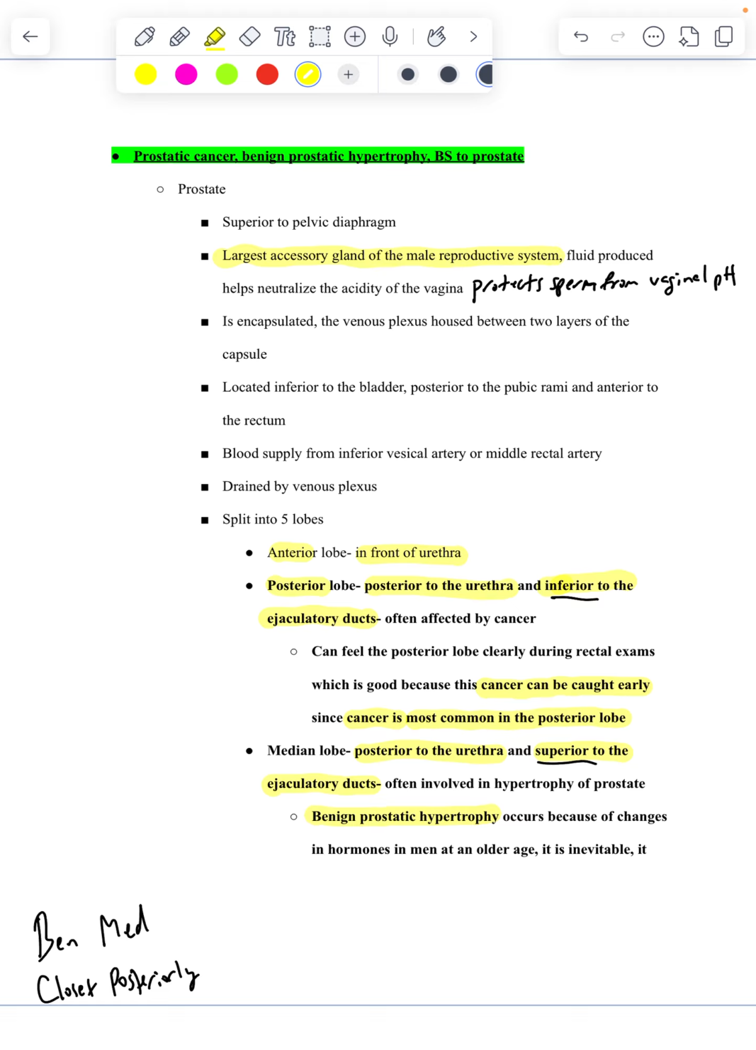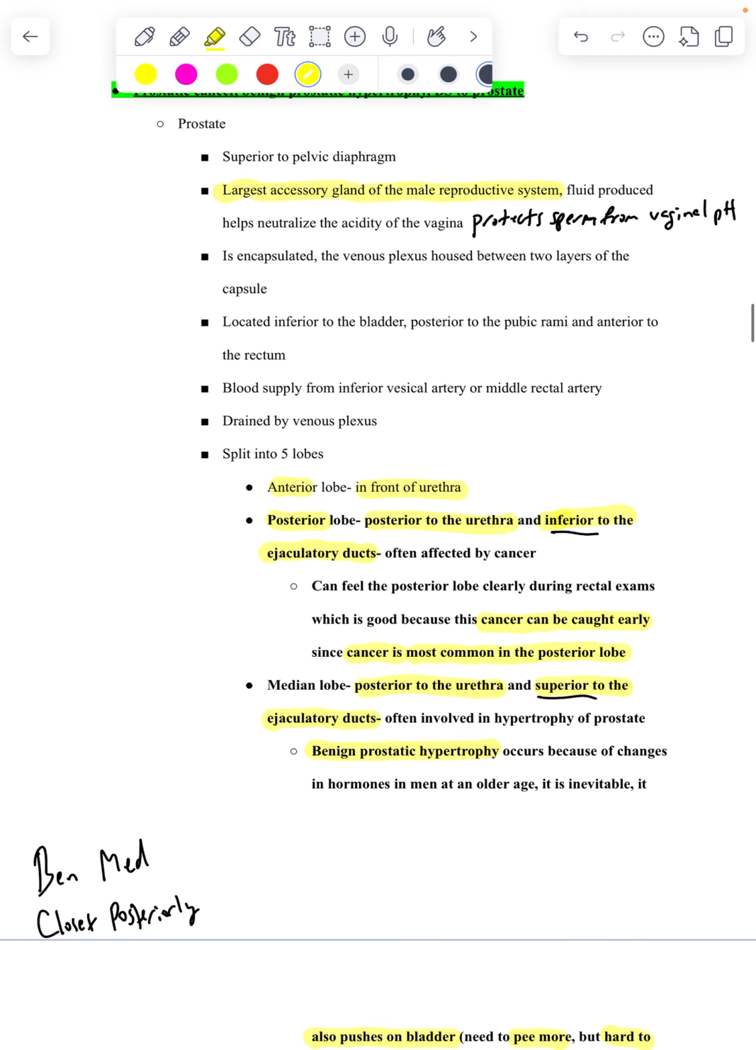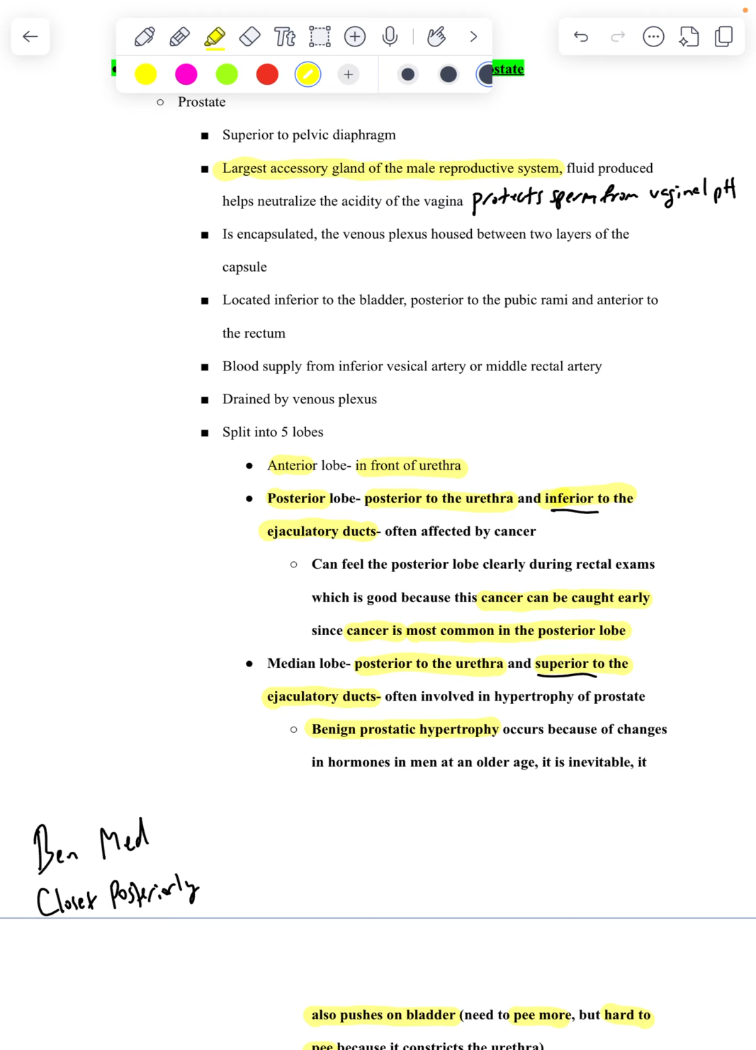It produces fluid that helps neutralize the acidity of the vagina. So when sperm is going into the vagina, it has a very acidic pH. So to protect it, the prostate produces fluid that can handle that and neutralize the acidity of the vagina. So it's obviously very important. It's split into 5 lobes. So you have an anterior,